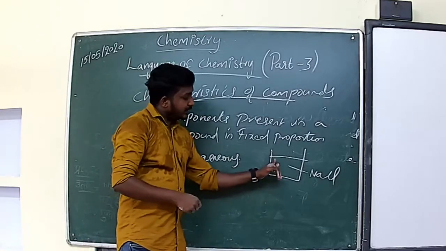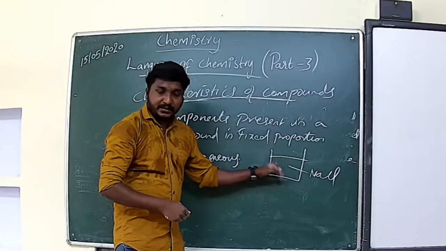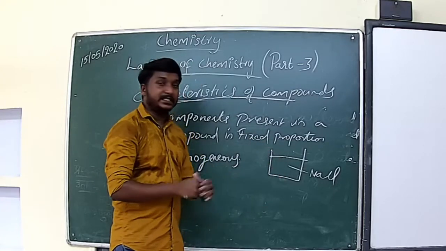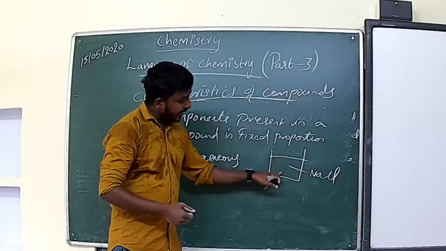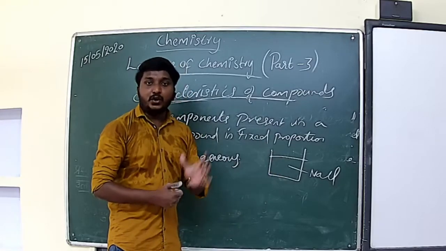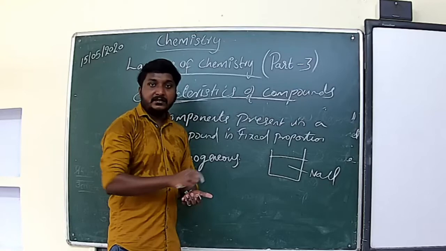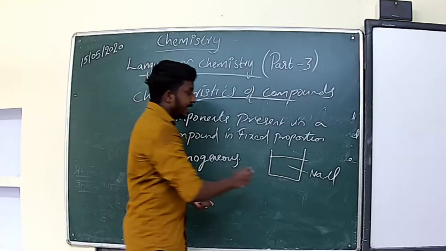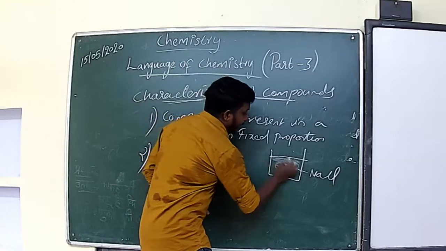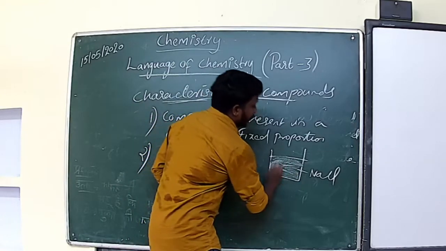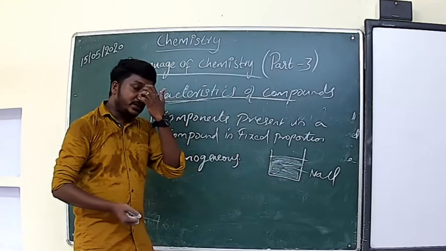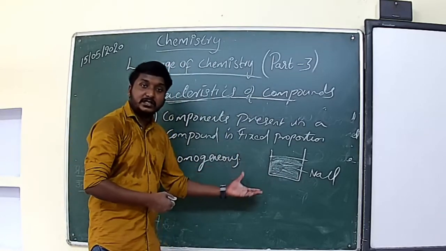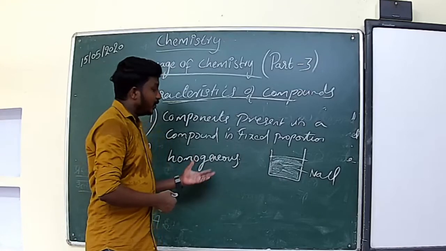After that, when we taste this solution, every sip has the same taste. That means till the end of that solution it has the salty taste. So everywhere it has the same taste. That means NaCl is uniformly distributed there. Because sodium chloride solution is a compound, the salt is uniformly distributed. So they are homogeneous. So compounds are homogeneous.